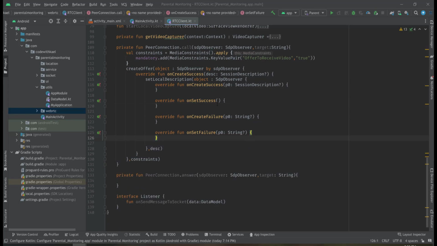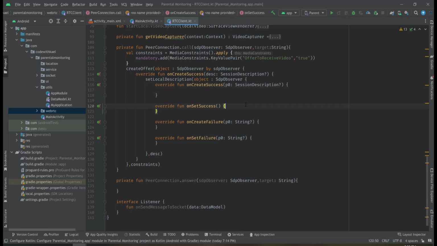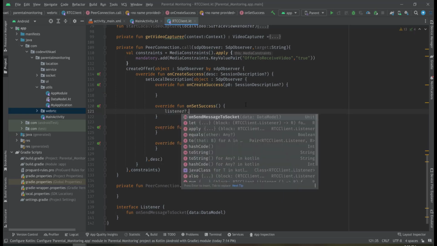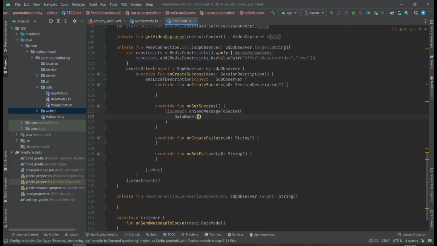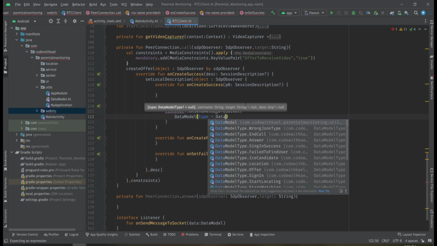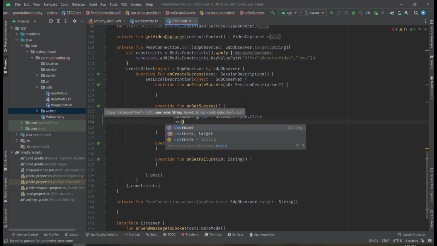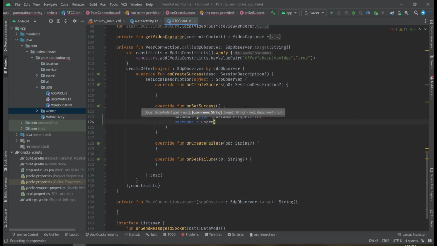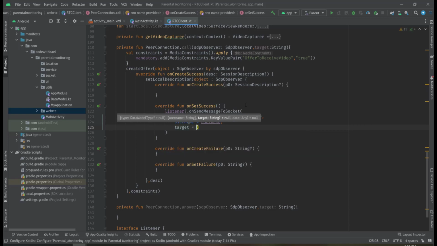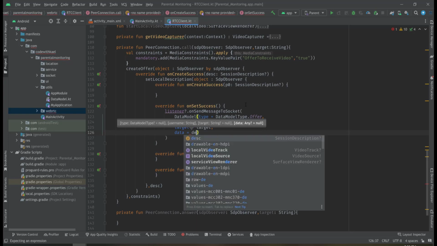So right here, after we created our offer and set our session description that is derived from this onCreateSuccess to our local description, we are now ready to send our session description to the target. To do that, here in onSetSuccess, I'm going to use my listener and send a message to socket, and the message is going to be data model, and the type is going to be data model type dot offer. The username is going to be the username that we have in our class. Target is going to be the target that I'm receiving from my function, and as the data we are going to use our session description